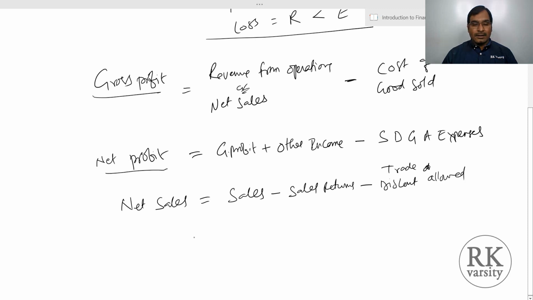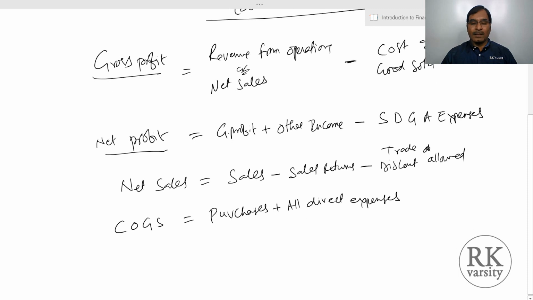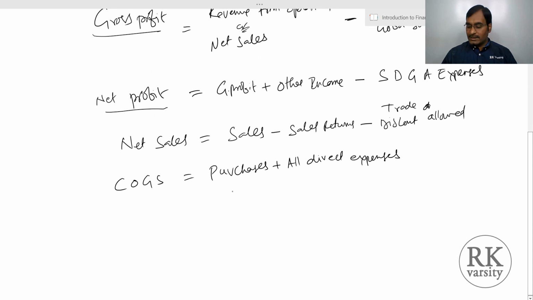allowed. Then when you are talking about a cost of goods sold, this is COGS. We normally denote this as a cost of goods sold. So cost of goods sold is your purchases plus all direct expenses. We can further extend this in case of a trading business, or when you have an